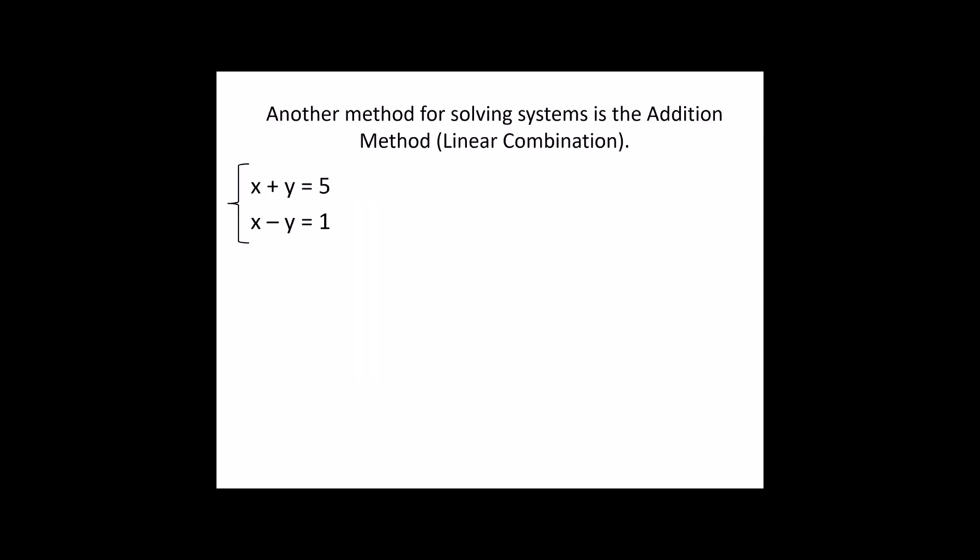Well, consider this. If I have x plus y equals 5, and I have x minus y equals 1, I can set those up in the exact same way I set up the problem on the last slide, where I write those as an addition problem. Notice that if I were to add vertically instead of adding horizontally. Horizontally, I get a 5 and a 1. Vertically, though, I'm going to get a 2x, and I'm going to get no y's,